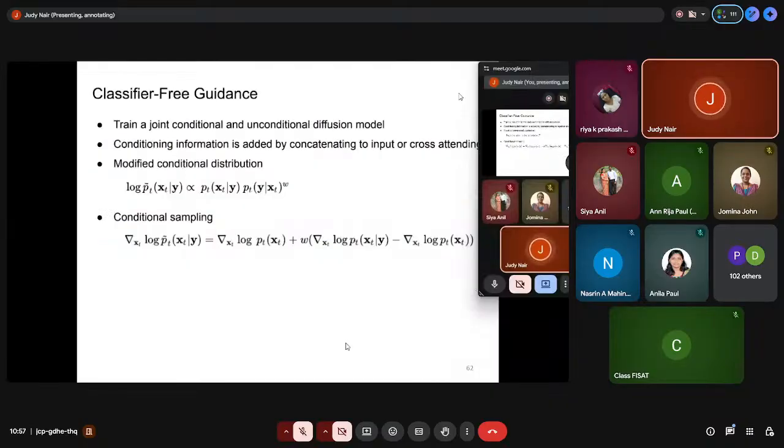In the case of classifier-free guidance, it's the modern standard actually, a joint conditional and unconditional diffusion model. So remove the classifier and let the diffusion model learn conditioning directly. We are going to embed this condition as an addition. We are not going to have a classifier to evaluate it and then give the gradient, but we can add the condition in the training phase itself. We'll come to that.